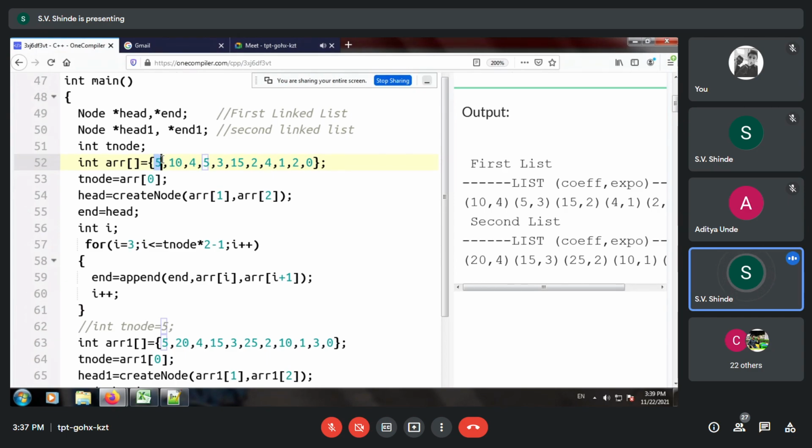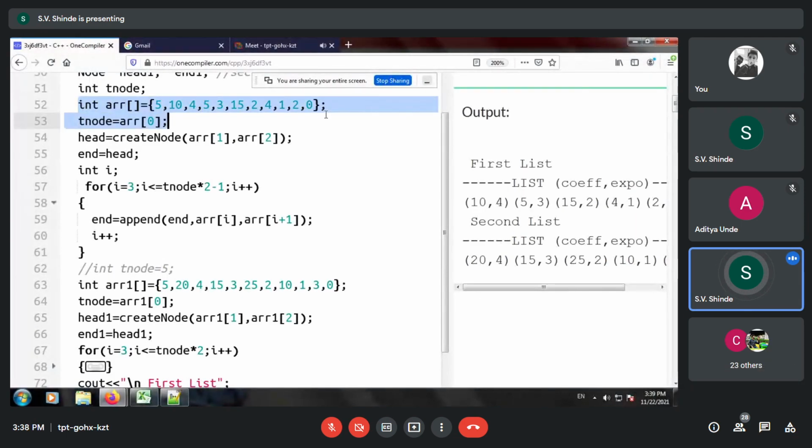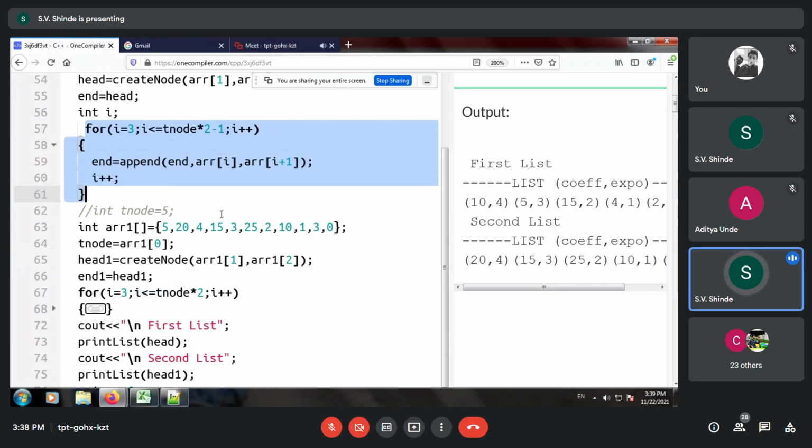Now let us see how to create multiple head nodes, multiple linked lists simultaneously. So using the same concept over here, we have to define the array, we have to define the capacity, the number of nodes, we have to set the total number of nodes, and then use the for loops. So we'll apply the same on array 2. So we create the second array.